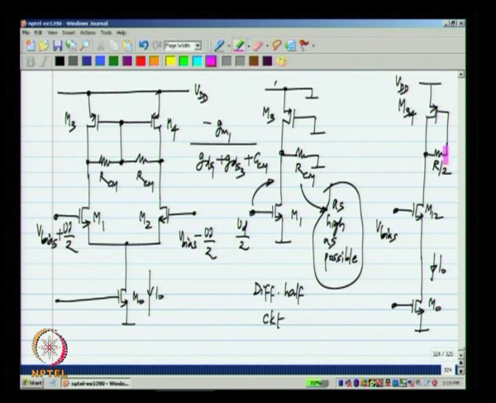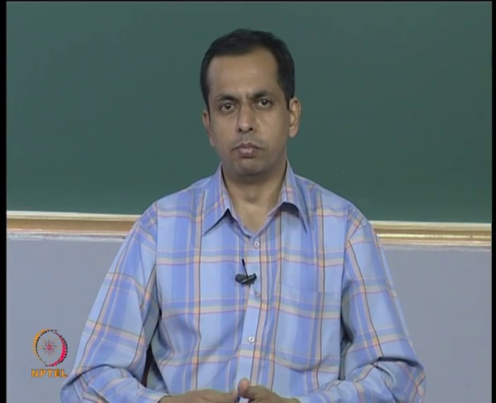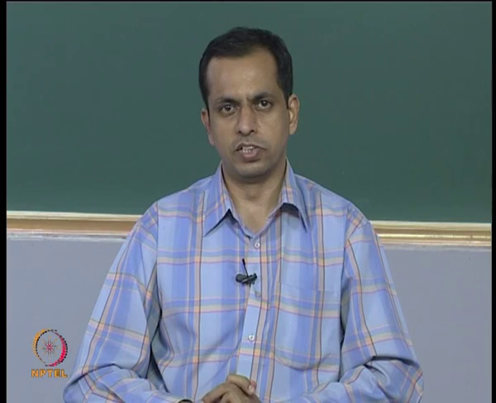It basically presents a small impedance in the common mode. In the common mode the transistor M34 is diode connected, whereas in the differential mode you see that the gate of M3 is grounded. So, there is no feedback at all in the differential mode around M3. So, the goal of the common mode feedback circuitry can also be thought of as providing a load resistance which is very low for common mode and very high for differential mode. Ideally, the common mode feedback circuit should not affect the differential mode circuit at all, but in reality it does to some extent. As we see here, it presents a load resistance R.